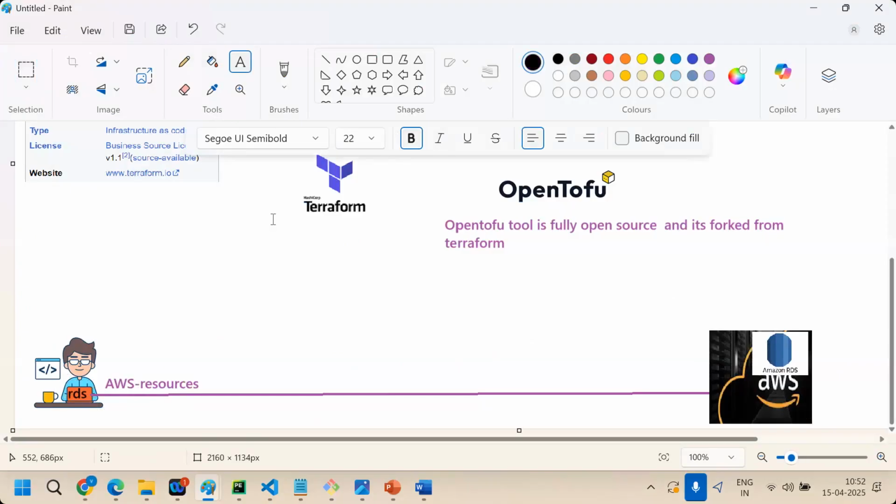Clear, guys? If there is a command, for example terraform apply.